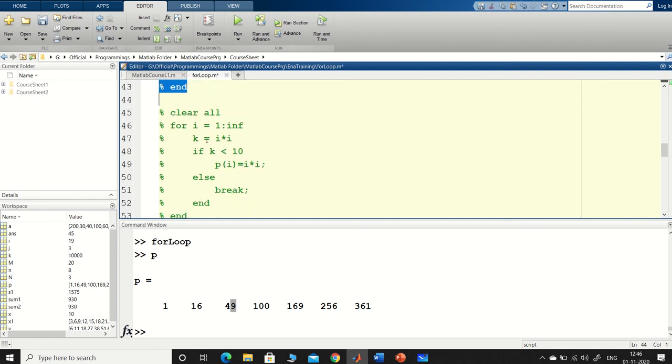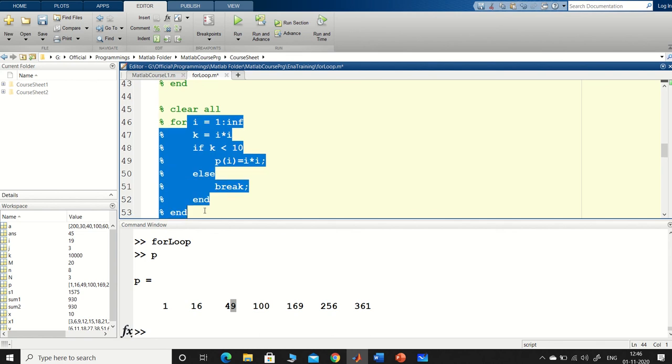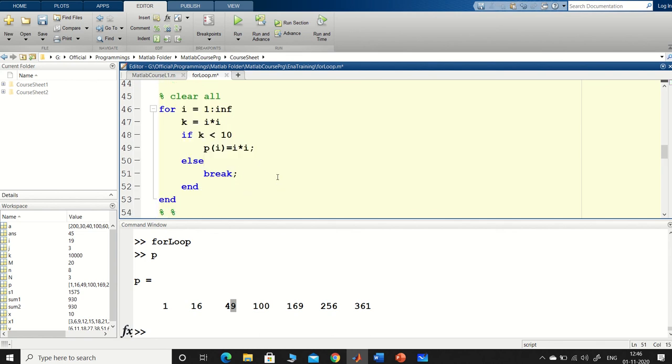Next what we will do is, we will try to run an infinite loop. Let's see how to make an infinite loop. So basically you can do one thing, i is equal to 1 to infinity, so this makes it an infinite loop, and then k is equal to i square, so it keeps on putting i square, i square, i square. Okay, like 1 square, 2 square, 3 square, 4 square, 5 square. So this k value will keep on updating with i square values.